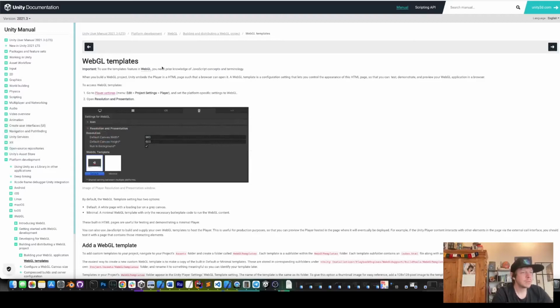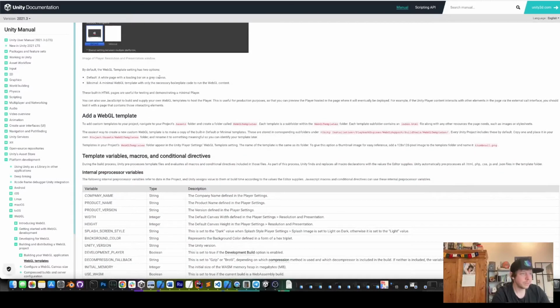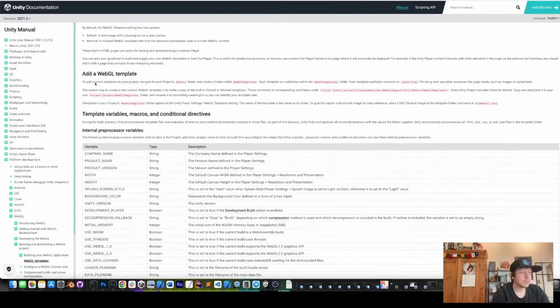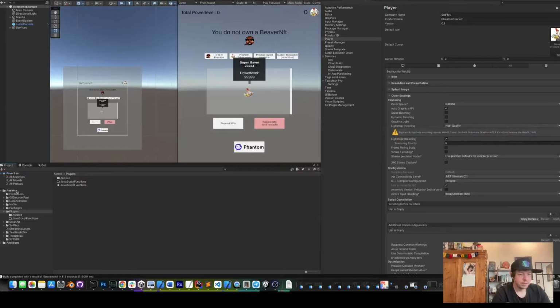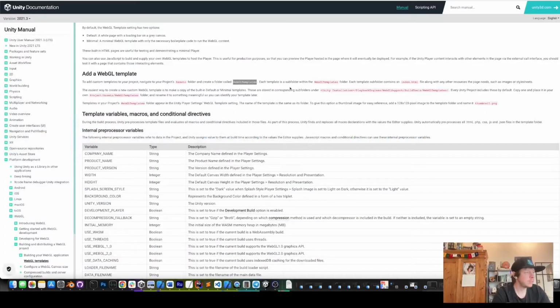So we read here through the documentation. Go to player settings, player, WebGL, resolution, presentation, that we have already. Minimal, default, add a WebGL template. To add a custom template to your browser, navigate to the project assets folder and create a folder called WebGL templates. Now that we can do, so we go to assets, create folder, WebGL templates. Easy enough. Each template is a subfolder within the WebGL template folder. Each template subfolder contains an index.html file along with any other resources the page needs. So we can put some nice icons and images around